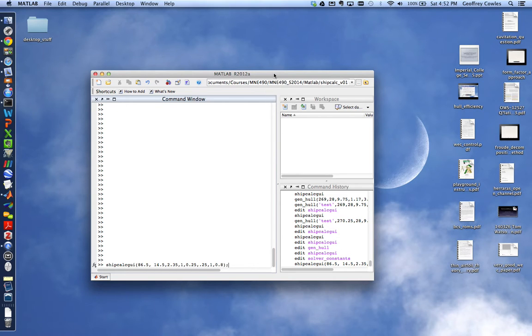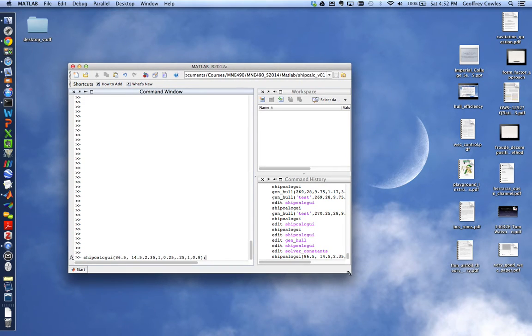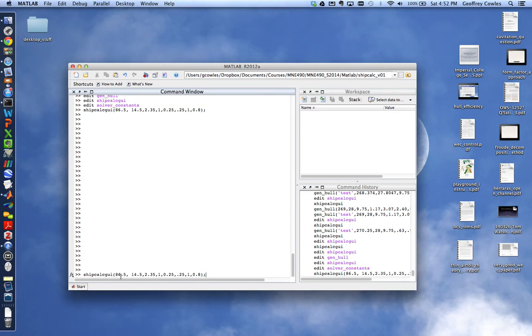shipcalcgui takes the same or similar arguments to GenHull, with one exception. You don't give a name to this because it doesn't actually output anything. It just gives you information on the screen that you can then use to make your final selection. So the outputs are length, beam, draft, the inputs, length, beam, draft, F0, F1, F2, F3, and the last input